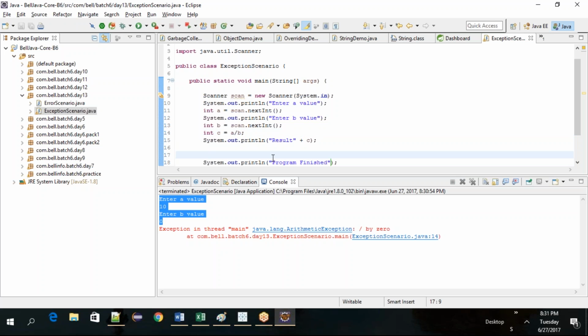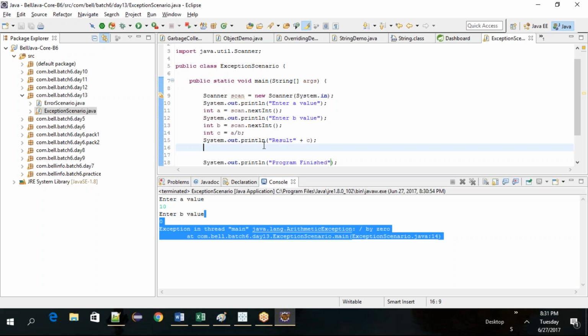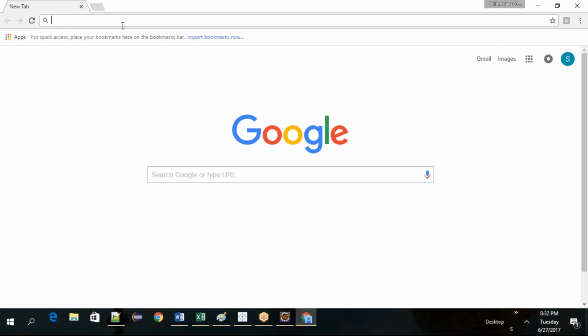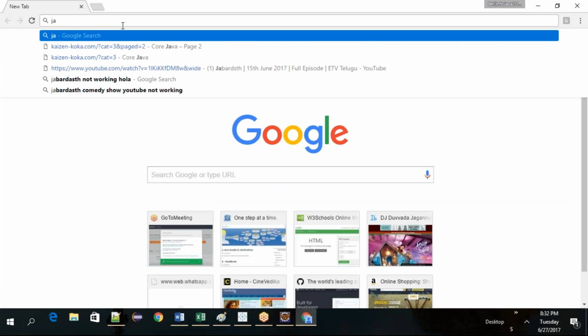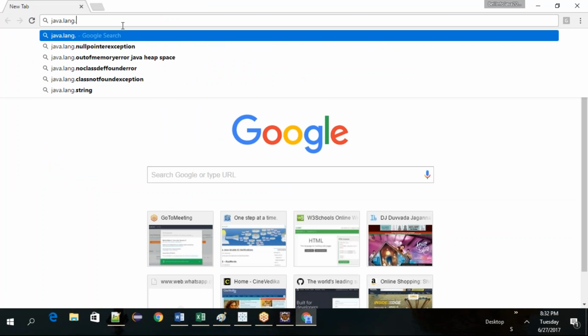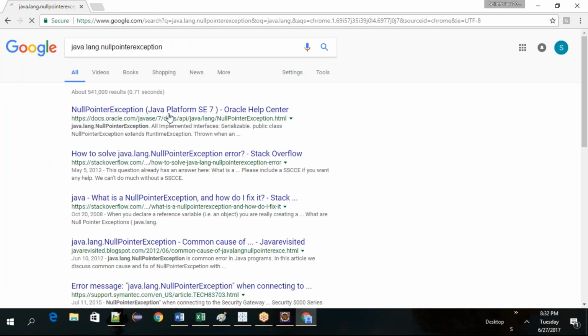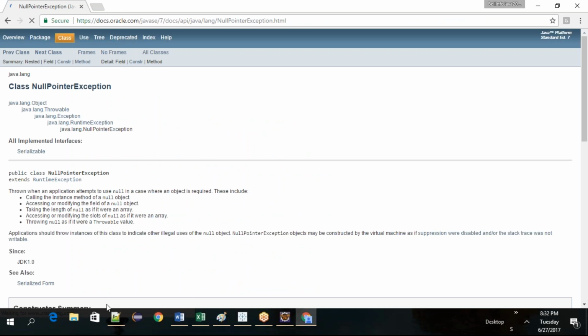Now, as long as I'm passing proper values, I'm able to handle the exception. But an error is not like that. How to handle it, I'll explain for exceptions, but what I'm trying to say is, an error you cannot handle. So having said that, let's come back to the concept. Basically, we have two things. Java.lang.Throwable is one thing it is, and